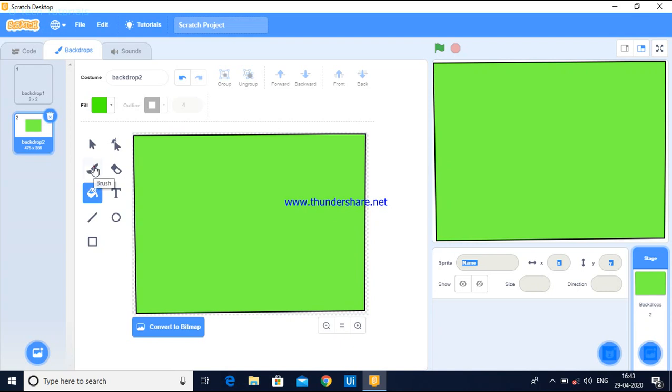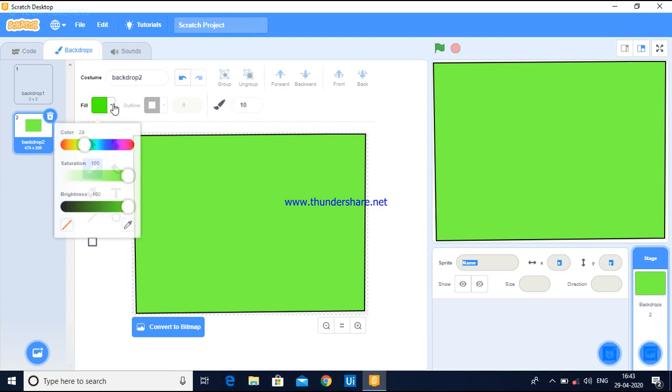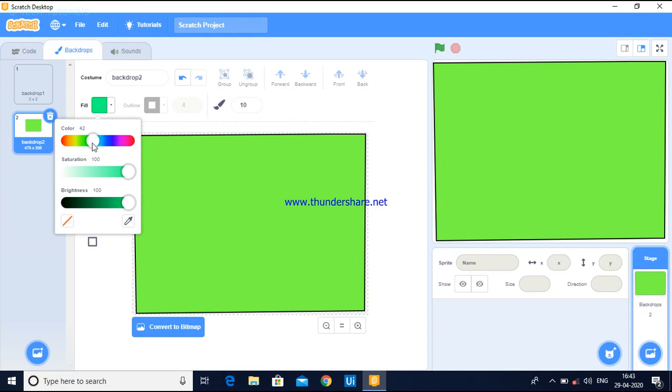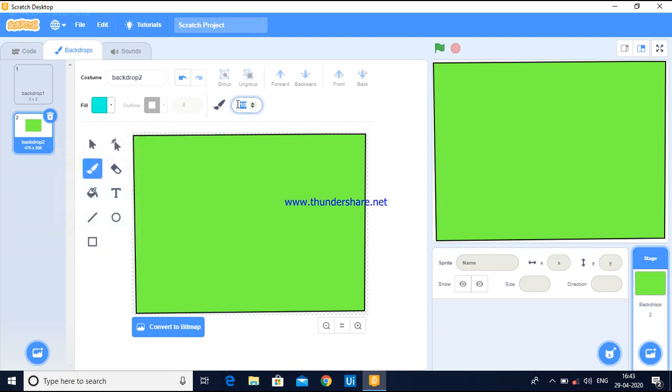For that I'm going to take the brush and select the path color. So I think this is fine. And I'm going to increase the brush size to 60. And I'm going to draw the path. Okay,